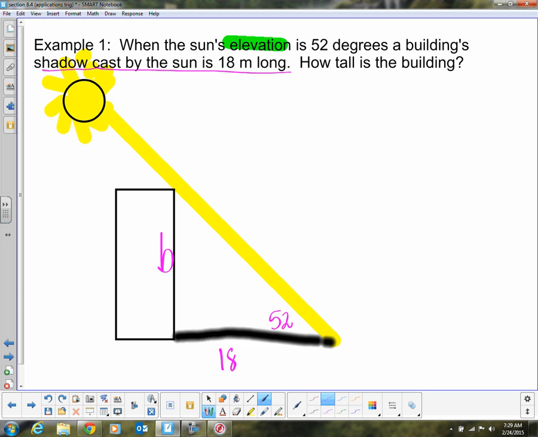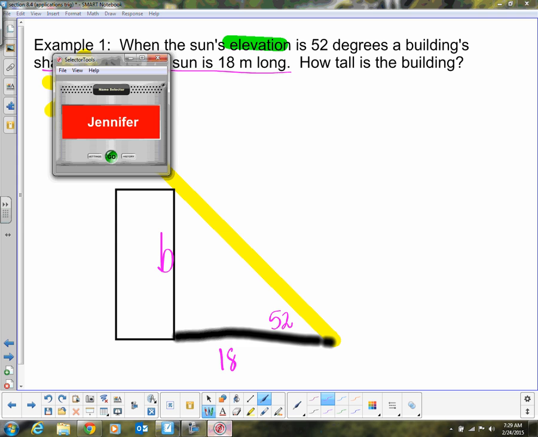So there is your triangle. What are you going to have to do for each one of these problems? Right? And draw a picture. How are you going to do this without drawing a picture? You're going to get to be very good artists. All right. So, Jennifer, you already